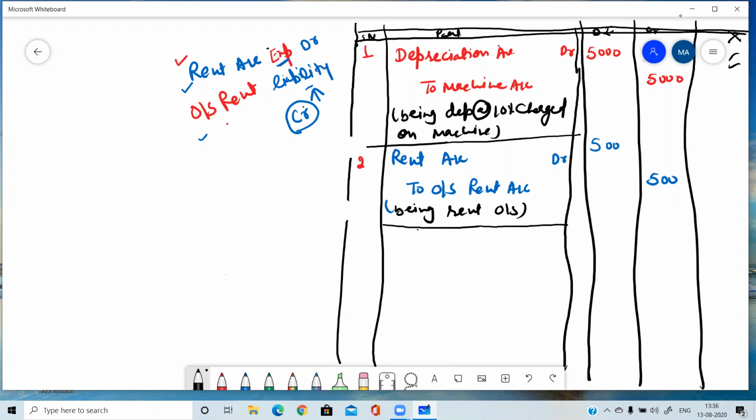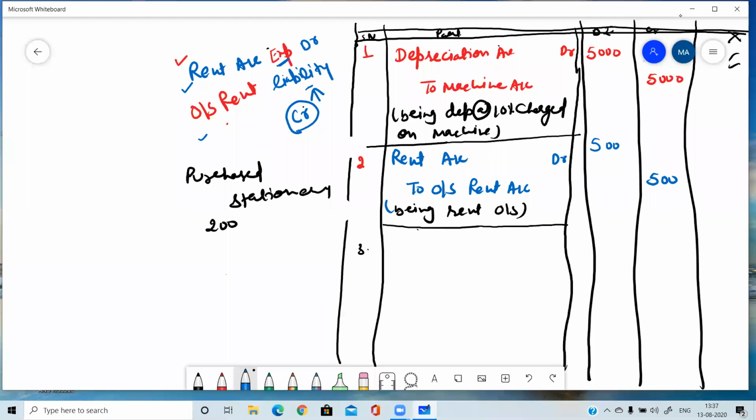Next, purchased stationery for business use. In business, there is a need of stationery also. So we have purchased stationery of rupees 200. Now tell me, which two accounts are involved whenever we are purchasing? Yes, very good, Ishita, Samay. I'm waiting for some more answers. Please try to give me an answer, everyone. Because if you are not giving me answers, it means you are not thinking. You are just listening, and then the concept will not be clear. It will be clear only when you take active participation in the class.